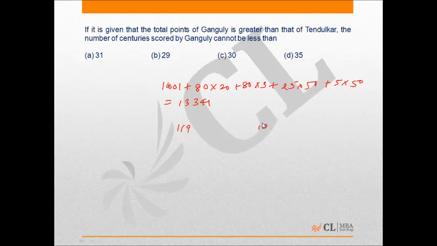Now compute the total number of points with the help of these two figures that Ganguly can have excluding centuries, and we find it as 10,000 into 1 plus 50 into 20 plus 119 into 3 plus 10 into 50,